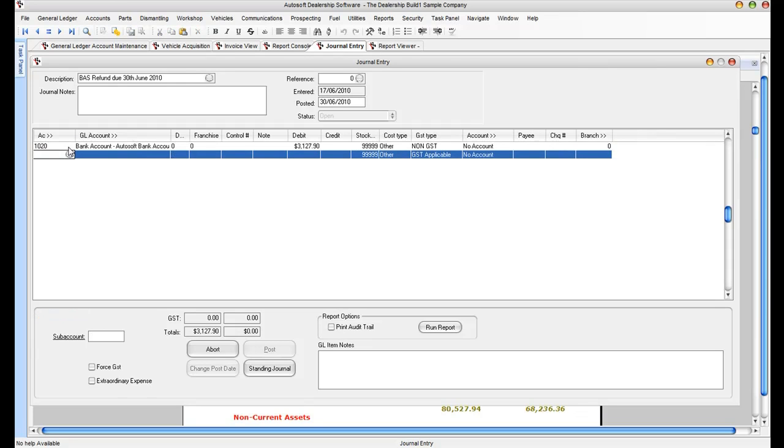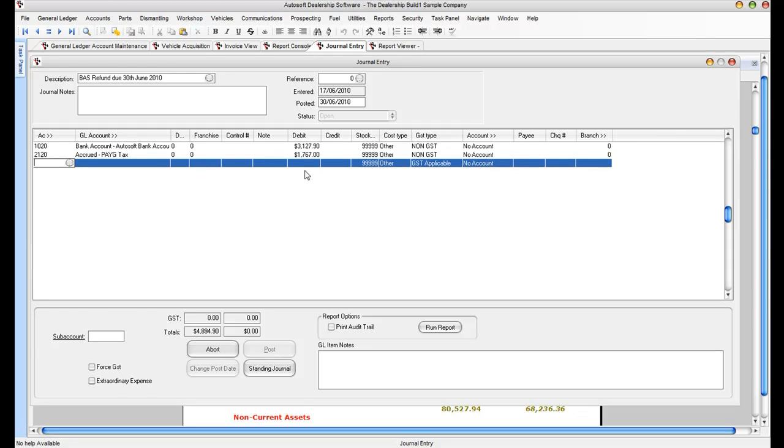Now, just the same as before, I'm going to use 2120 as the PAYG. So there was a credit balance of PAYG of 1767, so I'm going to post the debit. And there's a GST paid balance of $10,383.39. So I'm going to pick up account 1200 for GST paid, and I'm going to credit that to take the debit off the balance sheet,